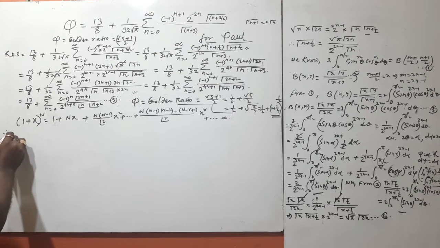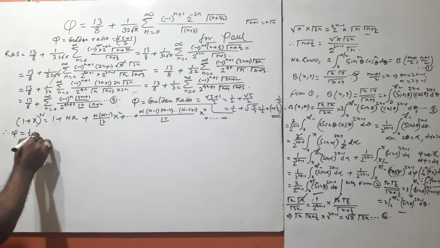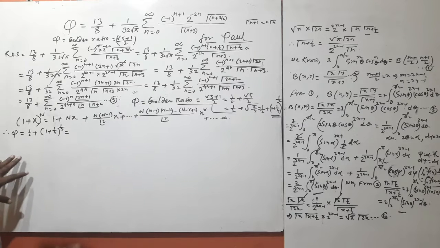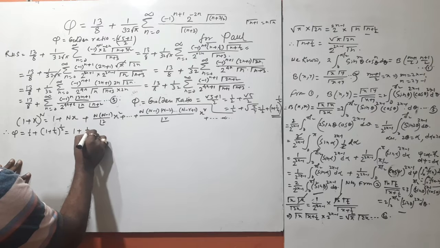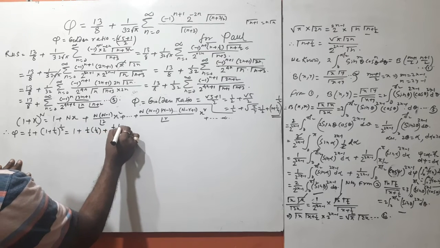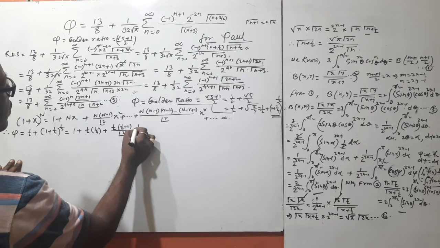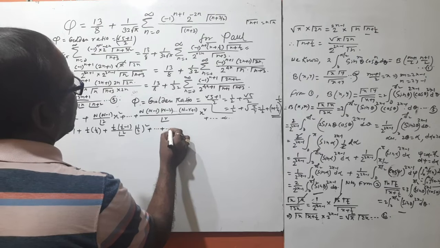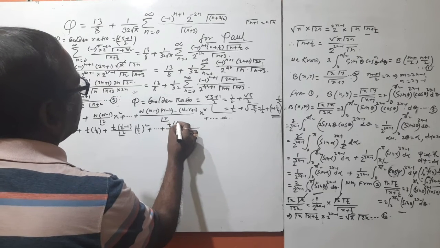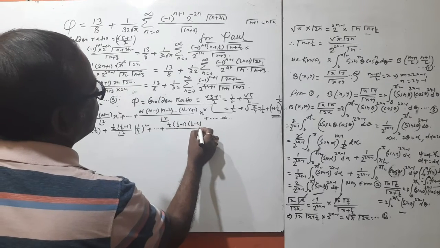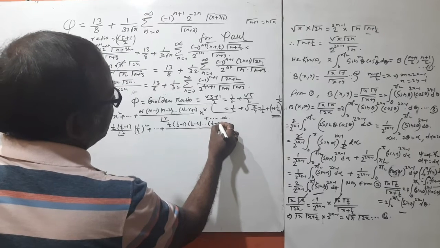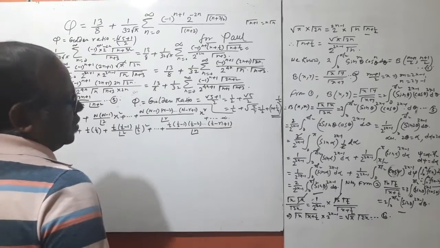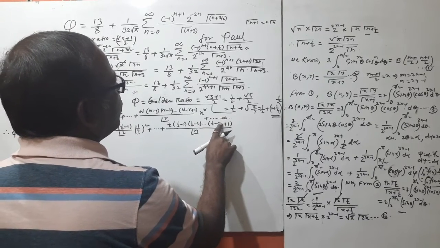So therefore phi is equal to 1 by 2 plus 1 plus 1 over 4 to the power half. It can be written as 1 plus n into x, where x is 1 over 4, plus n into n minus 1 by factorial 2 into x square, with n as half, plus half minus 1, half minus 2, dot dot, half minus r plus 1 by factorial r, I put as r,